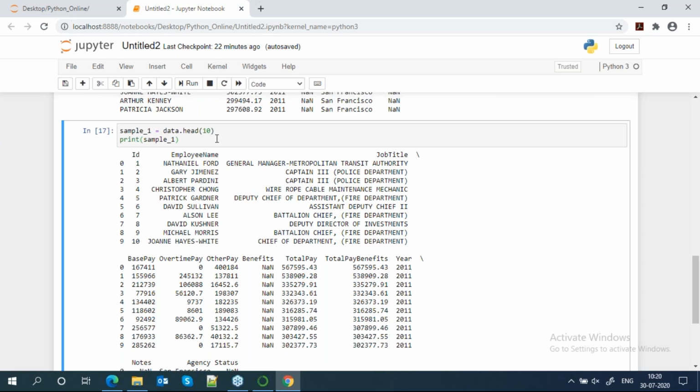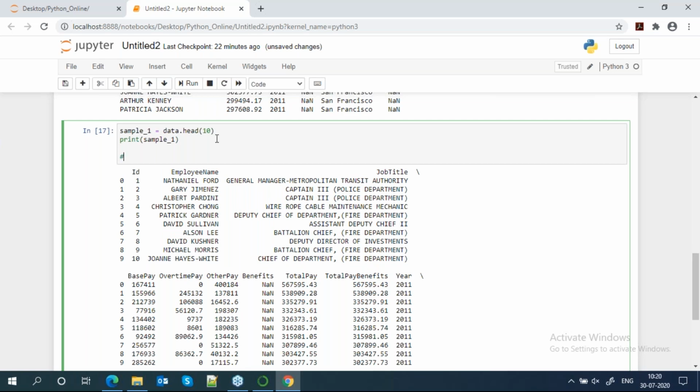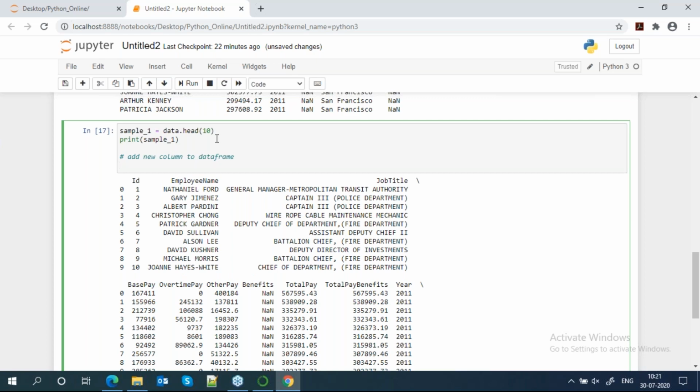So how to add a particular column? First go to the column, then go to the row. My data frame is this one, sample one.